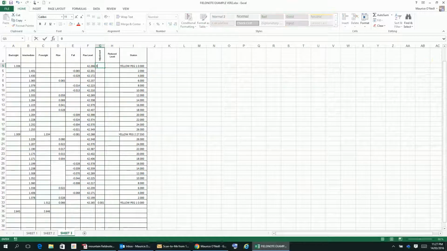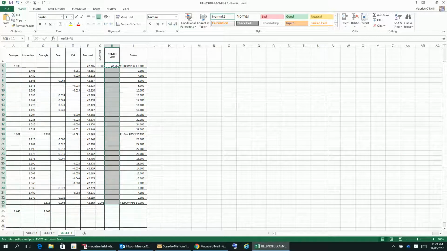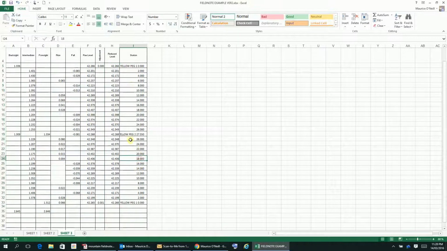That'll be 0 in there, and then that'll be plus that, plus that. Okay, so then we can copy that, Control C, all the way down to that. That should get that all done. Okay, 42.266. Now let's see here, when we now, these here we need to do the adjustment. So let's have a look at 2. So we've got 42.201,